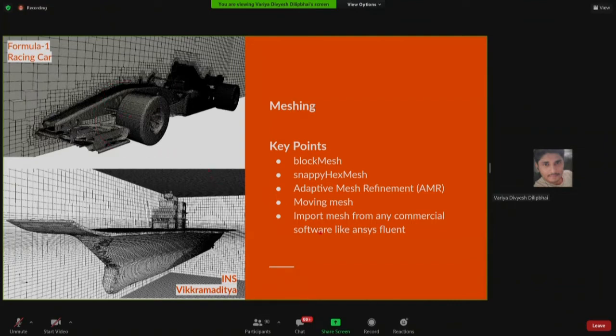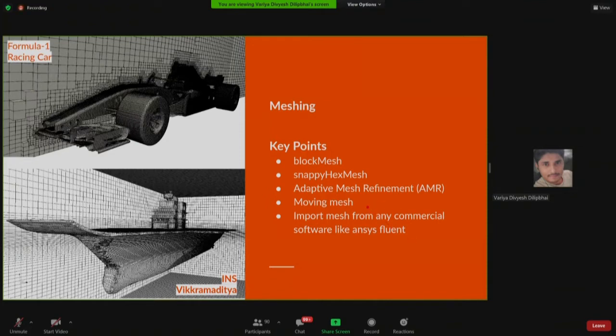Now, other than that, sometimes we want to do runtime refinement. So what's runtime refinement? For example, I have a multi-phase case in which, let's say, an air bubble is growing in a column of water.